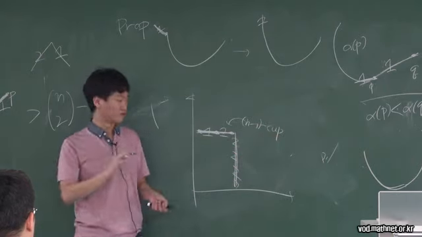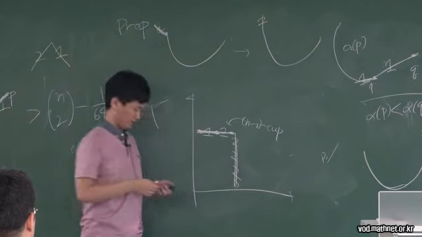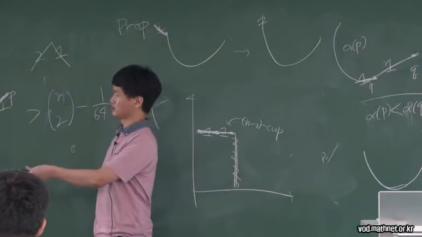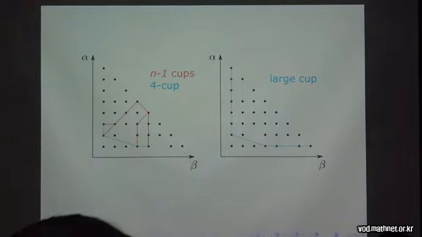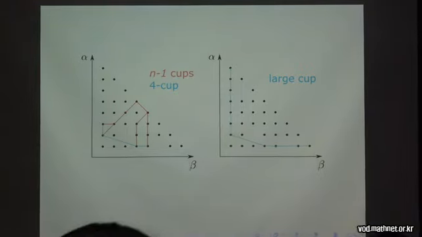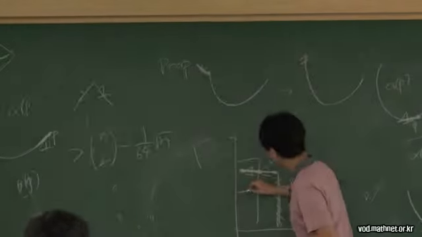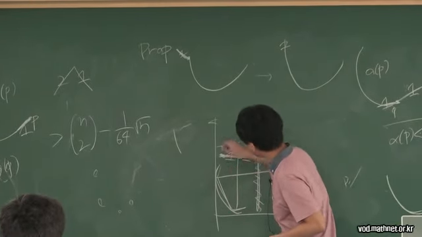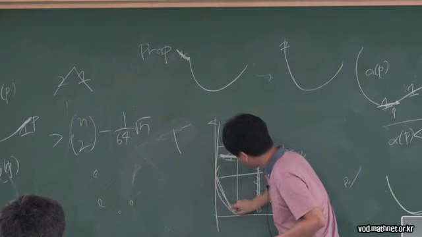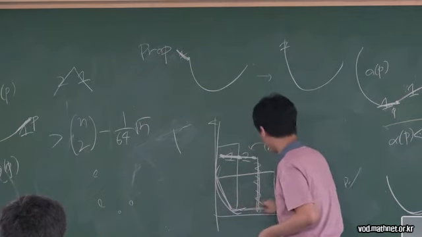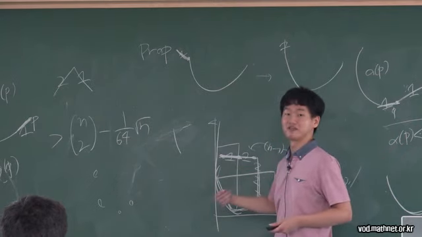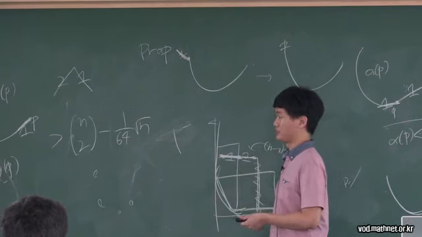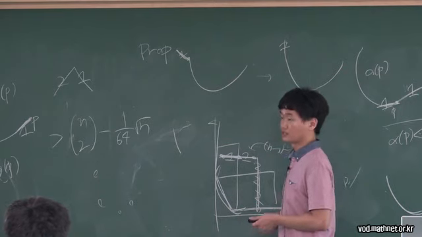What we do is to use an argument so that we can find a more contrived n minus 1 cup, so that we can force a 4 cup here. So that instead of following this line only to force only an n minus 1 cup, we force a 4 cup here, so that we can follow this line, then we follow a 4 cup, then another cups here, so that we have a cup larger than the size of n. And that's the general idea of the proof.